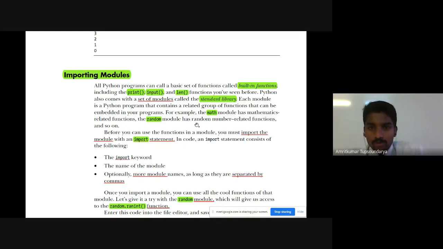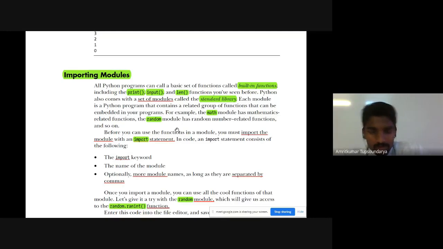Basically these modules have a set of functions inbuilt into them. A single module can have a different set of functions in it. What are those functions? These functions are nothing but, as one of you said, predefined code which performs a particular task. So if we want to make use of these inbuilt functions from the predefined modules, then we have to import those modules. So how do we import?